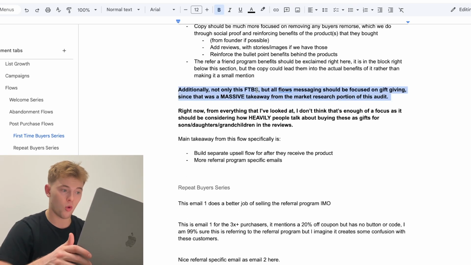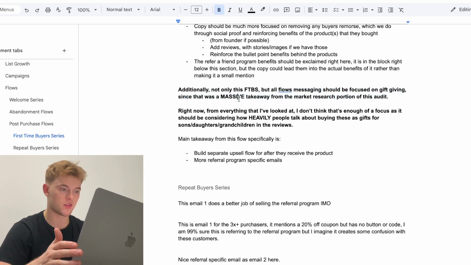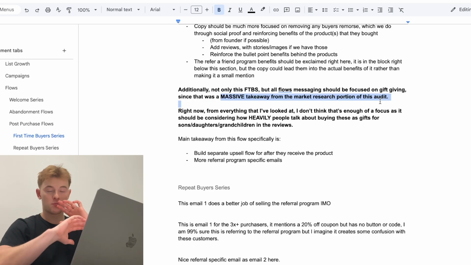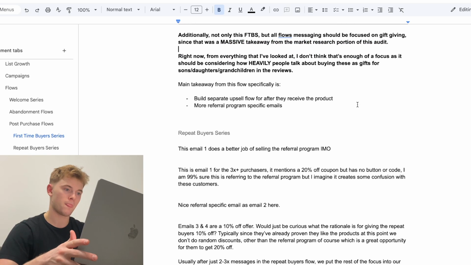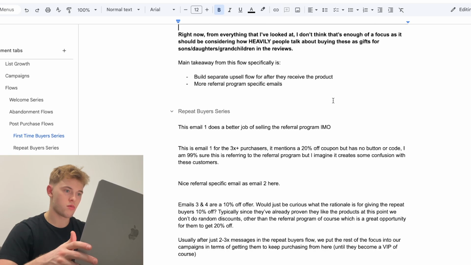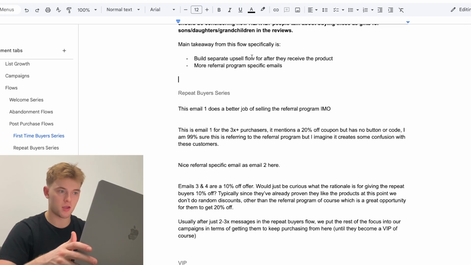And then not only for their first time buyer series, but for all flows, the messaging should be focused on gift giving. Like I said earlier, that was a massive takeaway from the market research portion of the audit, and it was simply not being communicated in these flows at all. All right, so like I said, the main takeaways here were build that separate upsell flow and add more referral